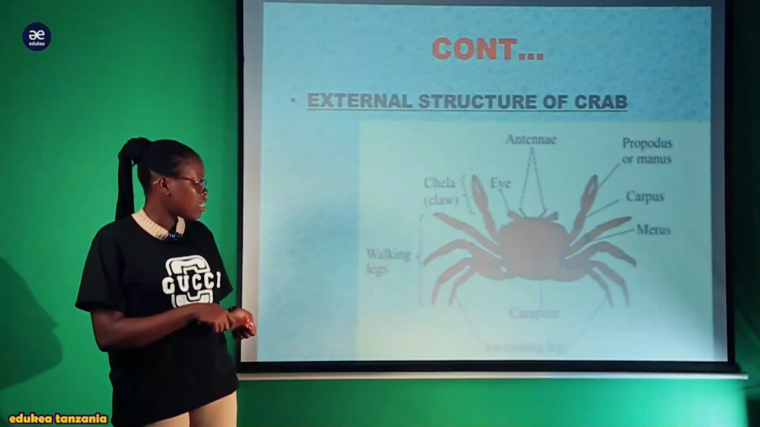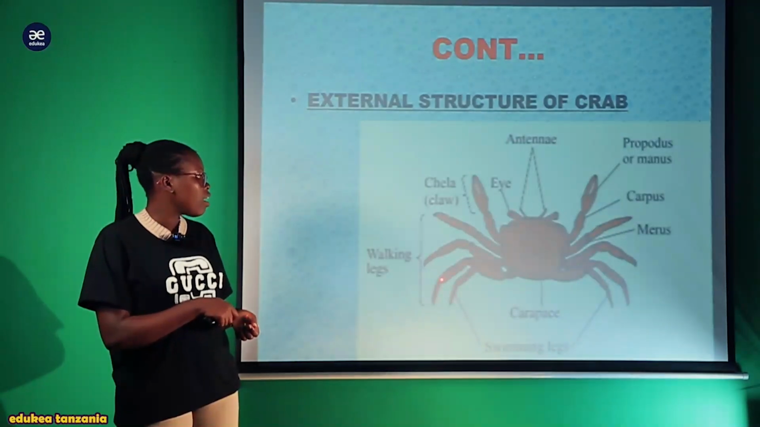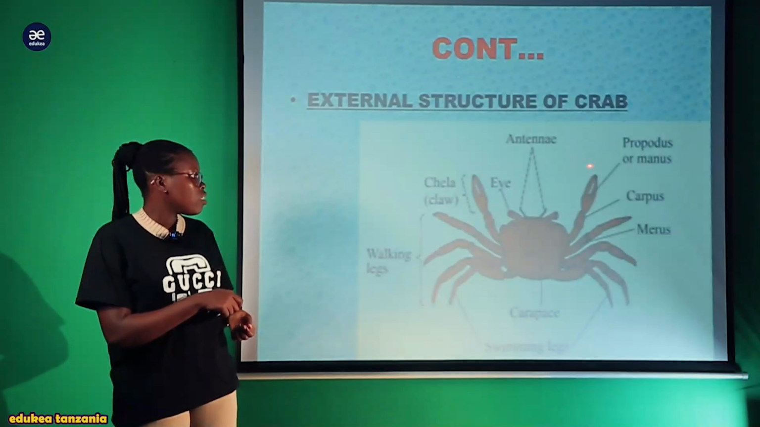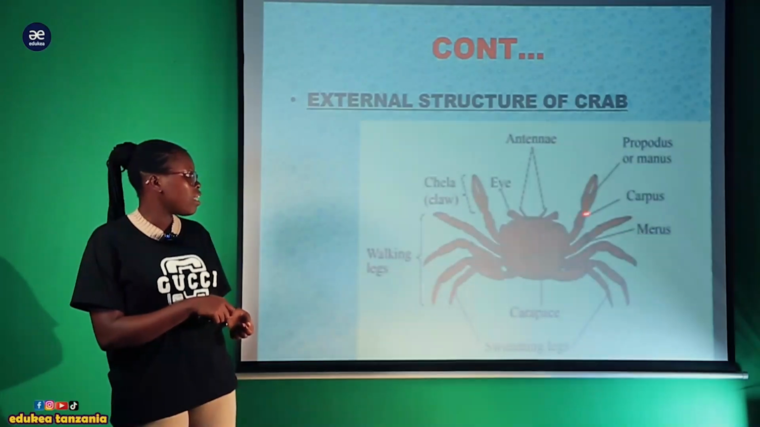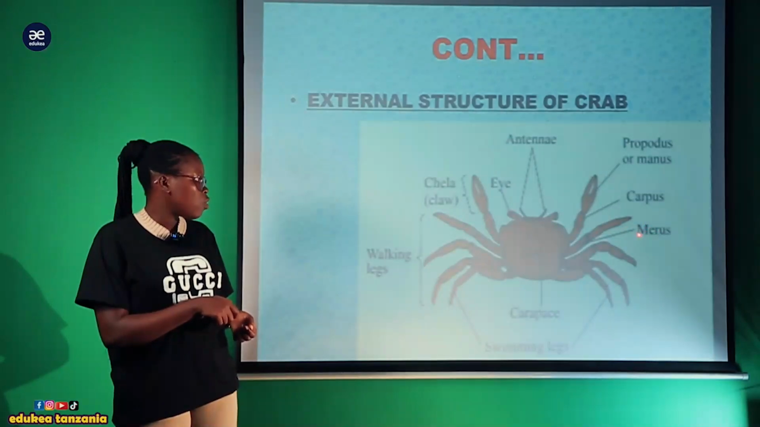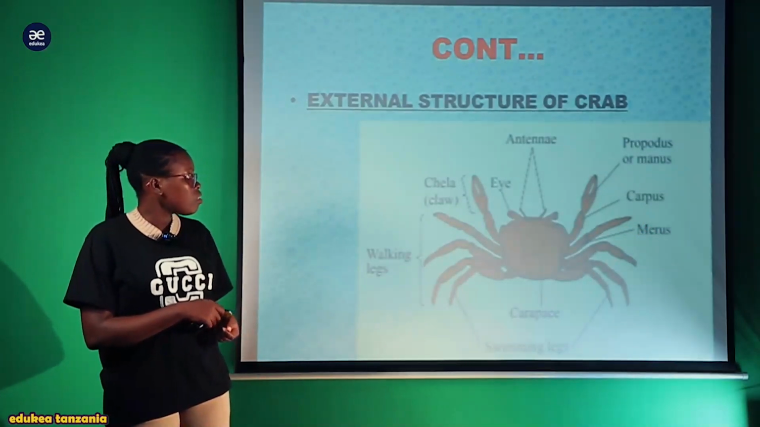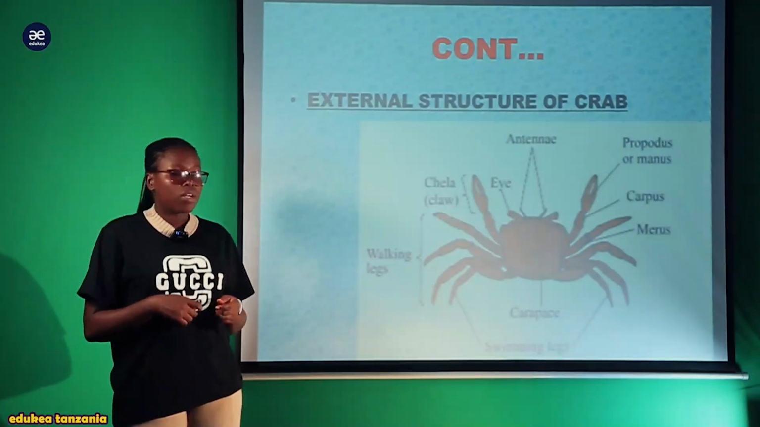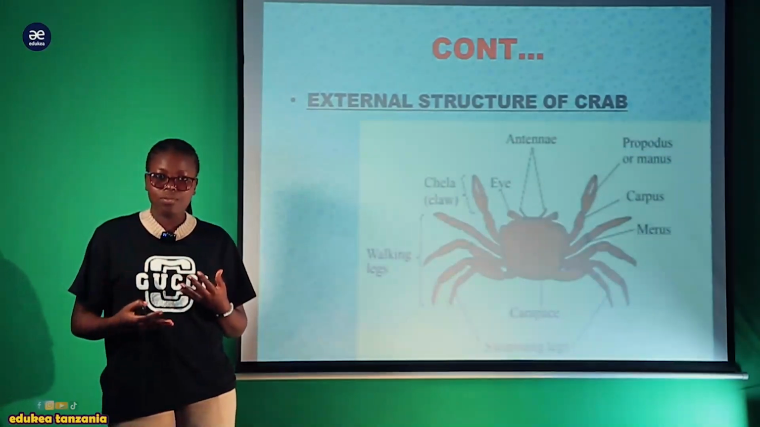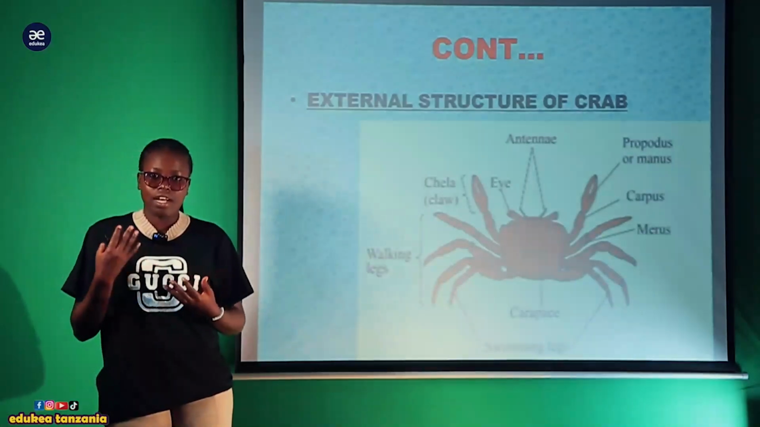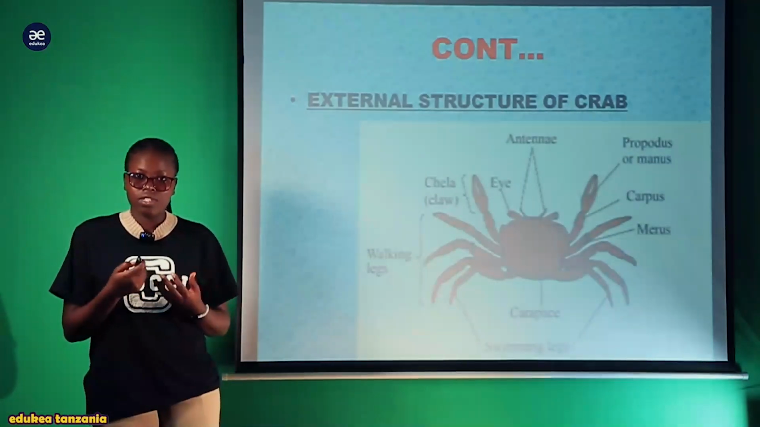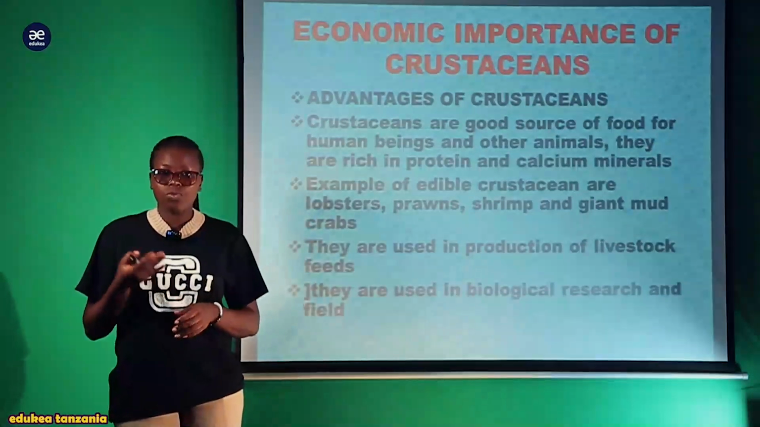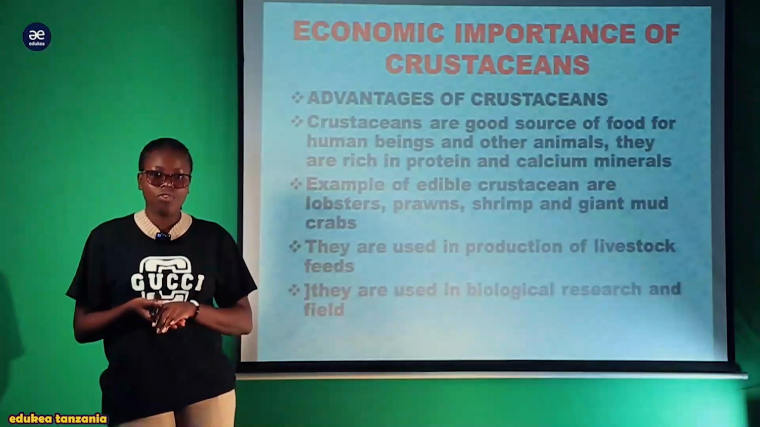Na vile vile unaangalia the hind limbs zake za nyuma ni kwa ajili ya swimming, lakini hizi hapa zingine these are used for walking. Unaangalia the first one inaitwa carpus, ya mwisho ya katikati inaitwa merus. So this is how the structure of crabs looks like. You have already seen the descriptive explanation of how they look like, and this is the diagrammatic representation of the structure of the crabs. Also, now I would like to welcome you to discuss the economic importance of crabs